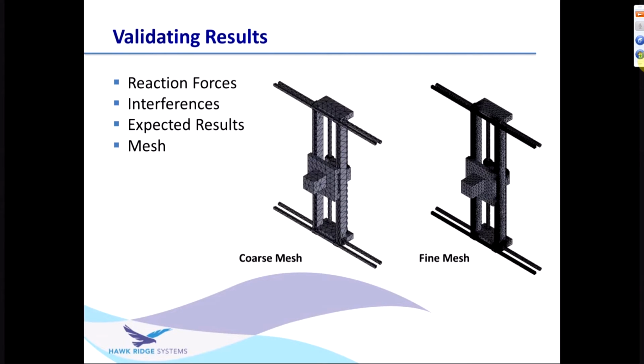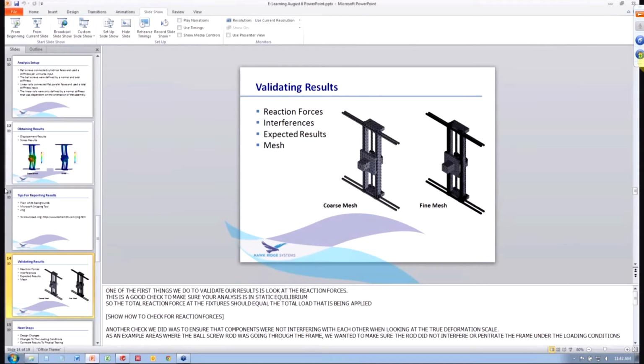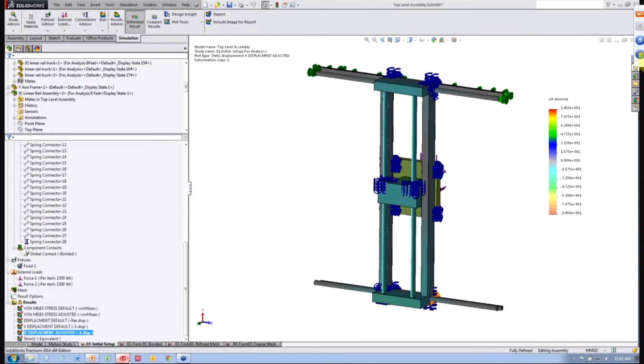So validating results, once they're obtained, one of the first things you want to look for is the reaction forces. It's definitely something that's simple and easily obtained from within SOLIDWORKS. You just want to make sure that the amount of load that you're putting in equals the total load or total reaction force that's being handled by the fixtures. And to do that,